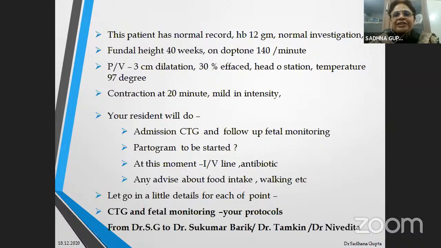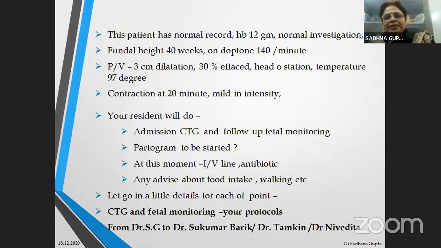So now this patient has a normal antenatal record, Hb 12, everything is normal. She is at 40 weeks gestational age, no IUGR or large for dates, Doppler normal, fetal heart rate 140 per minute, 3 centimeters dilated, 30% effaced, and she is having mild contractions. So now, with all this good technology which is supporting our maternal labor monitoring,